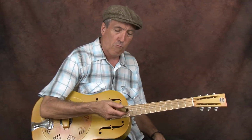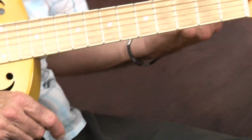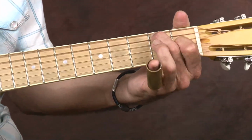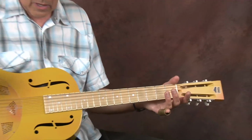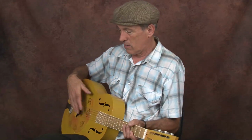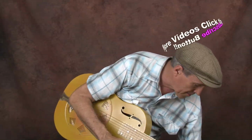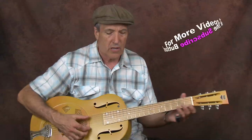And I'm using a brass slide. You can use anything you want. This seems to work just fine. And you can get slides anywhere. Anywhere they sell guitars, you can probably get slides. So just get whatever's comfortable for you. They make them out of all kinds of materials. I even have one that I use for certain things. It's made out of PVC pipe. And I don't know how it'll sound on this. I like to use this on electric guitar because it makes...